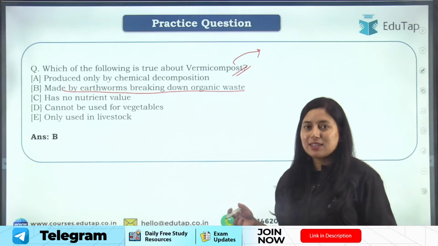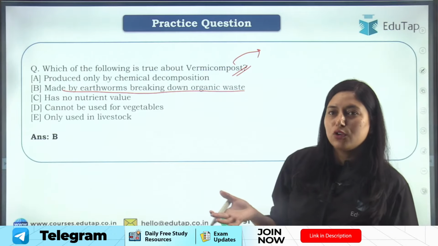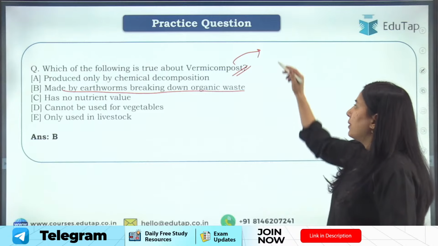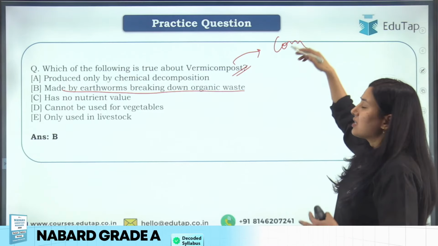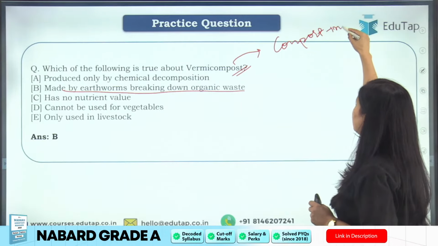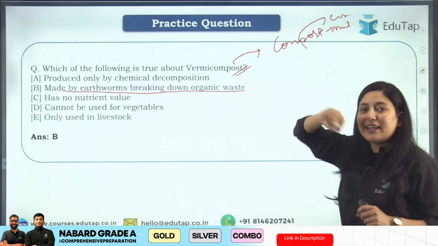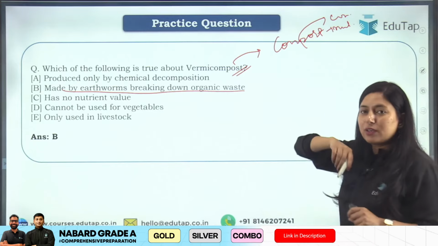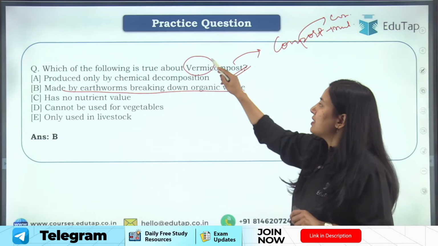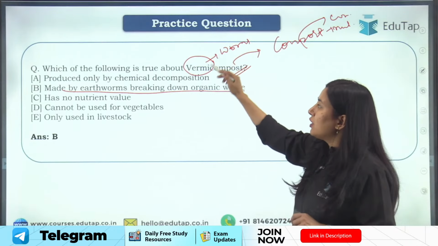When we are utilizing all our farm organic waste like cow dung, buffalo dung, your crop stubble, straw, everything is allowed to decompose to make compost. ठीक है, and this compost is rich in nutrient and this compost can be used in crop field for adding nutrient into the soil. ठीक है, so that a crop can grow well. So students, here vermi compost क्या होता है? Vermi is basically worm. When we are using